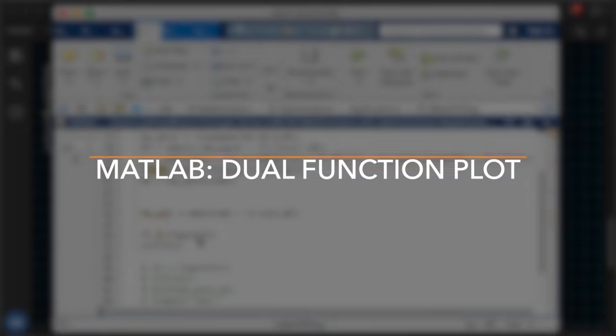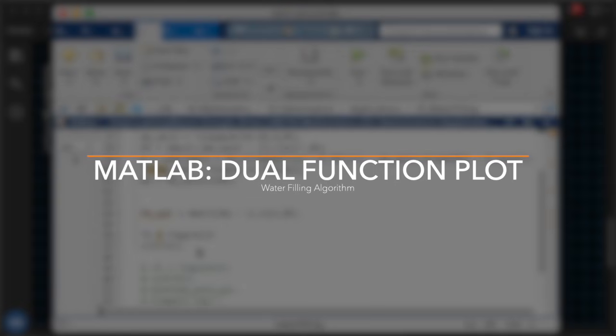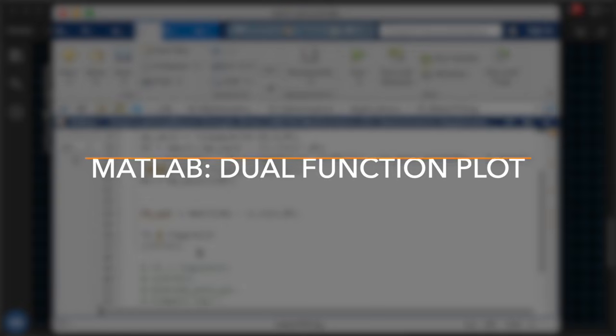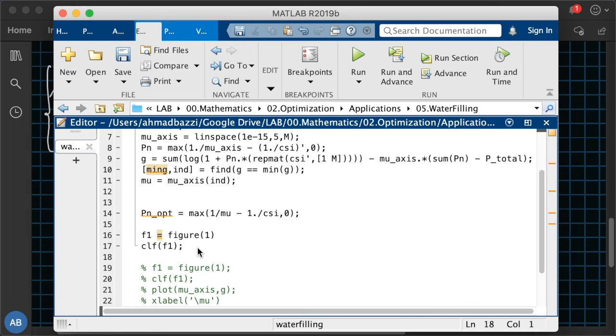And on this figure, I'm going to put two subplots. The first one telling us the power allocated to each user, and the second one just a plot of the CSIs, right? So that we see the higher the CSI, the more power we get. The lower the CSI, the less power we get. So two subplots